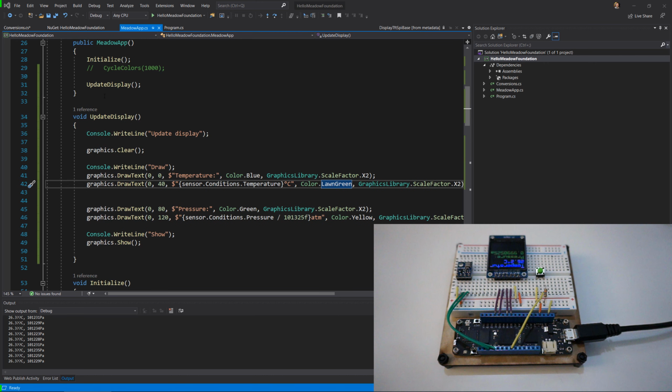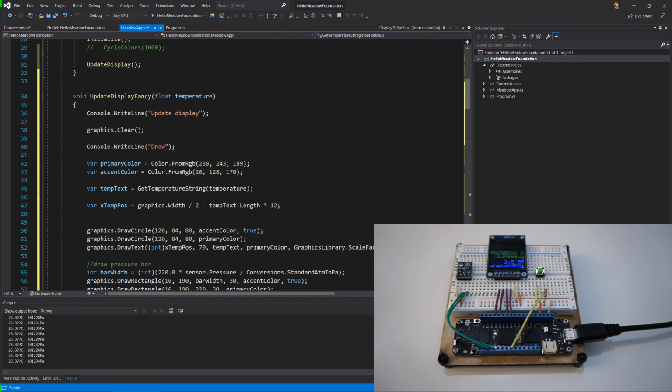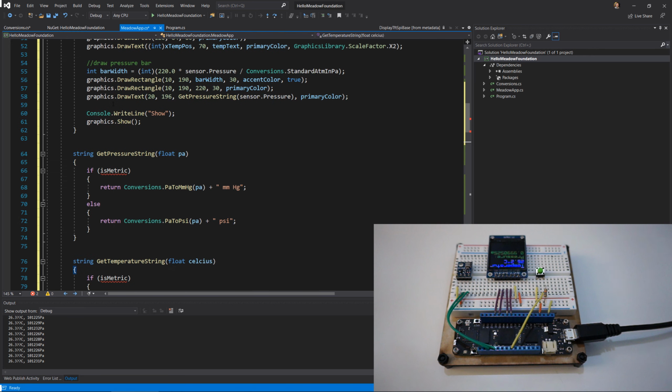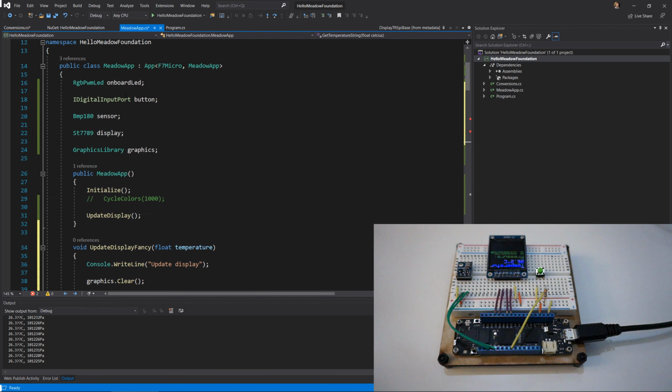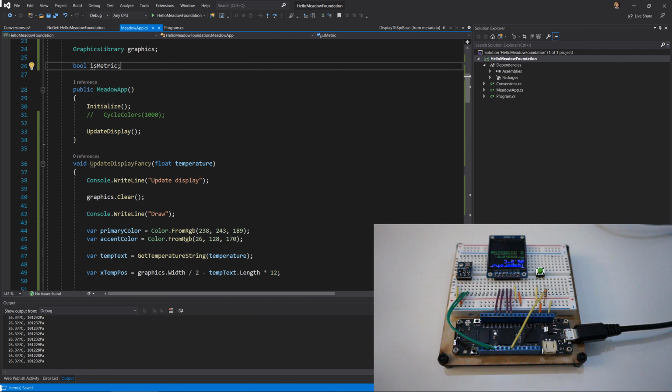So let's just copy this and paste this up here. And I'm going to start, and I almost missed a property. So I'm going to add a couple of properties here as well to our class. I'm going to have a little fun here. I'm going to add a bool isMetric. So this sensor does output metric data, but I know we don't all use metric, so we're going to use our button to actually toggle between metric and imperial values, have a little fun with our input,